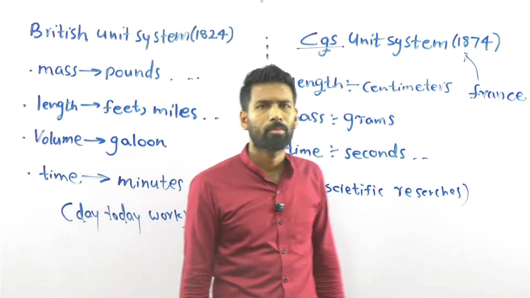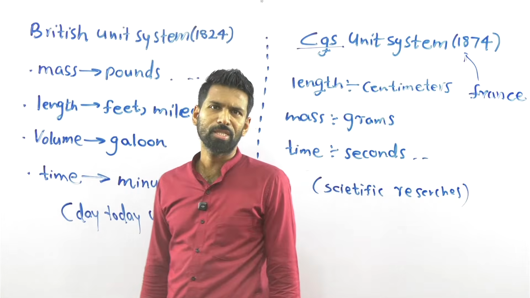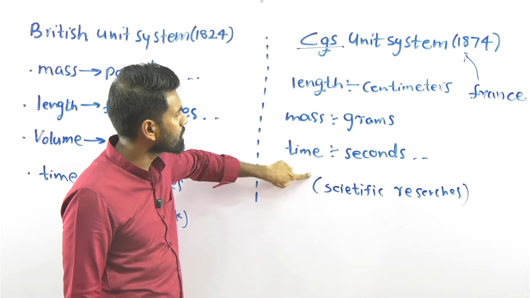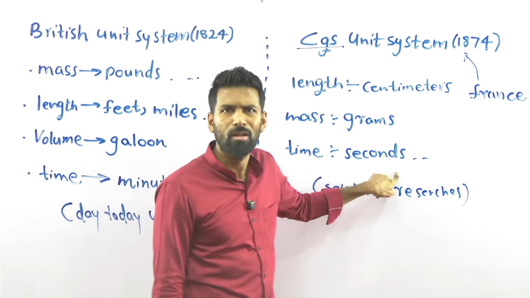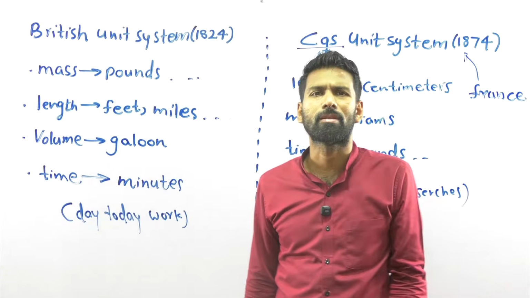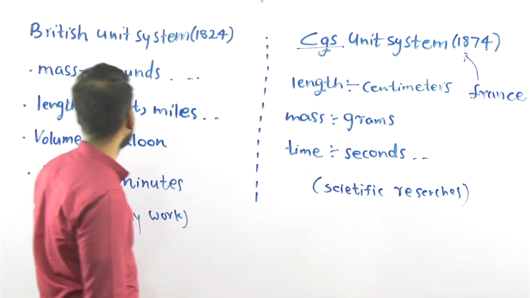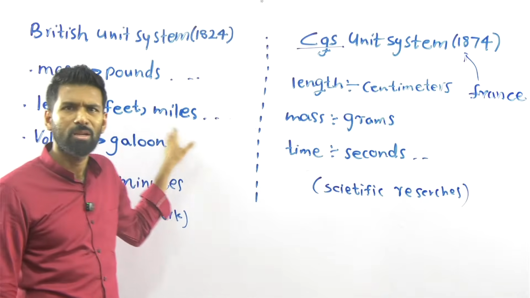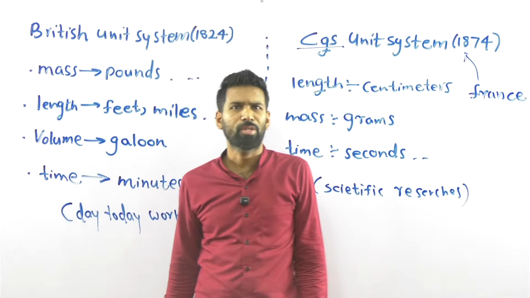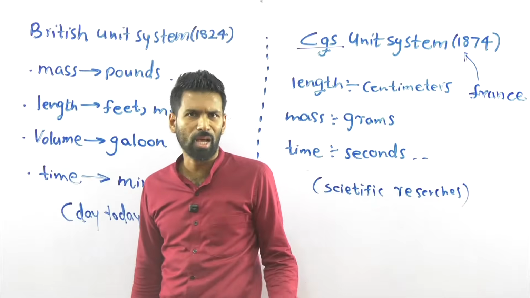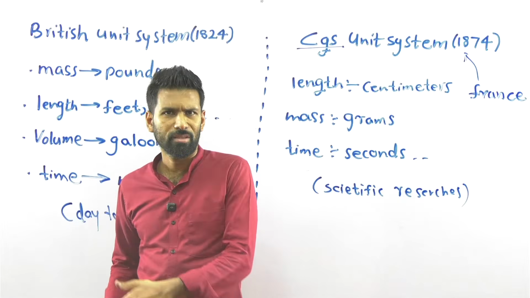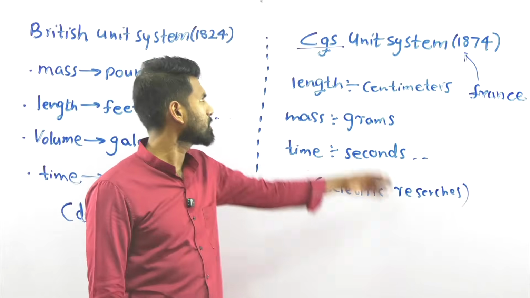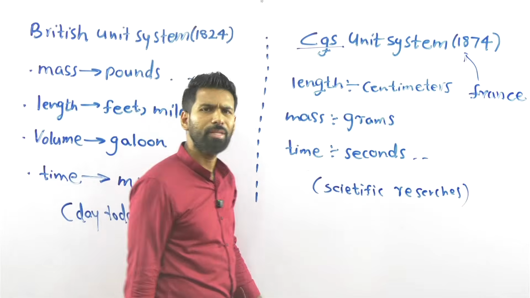Now, can you see, especially the CGS system? Inside the CGS system, time is measured by seconds. Still, we use seconds. It's a very good unit. And still in our school, we have this feet. We are using a ruler. It measures the distance, on one side you have centimeters, the other side has inches and feet. So these British units or these CGS units are not rejected.